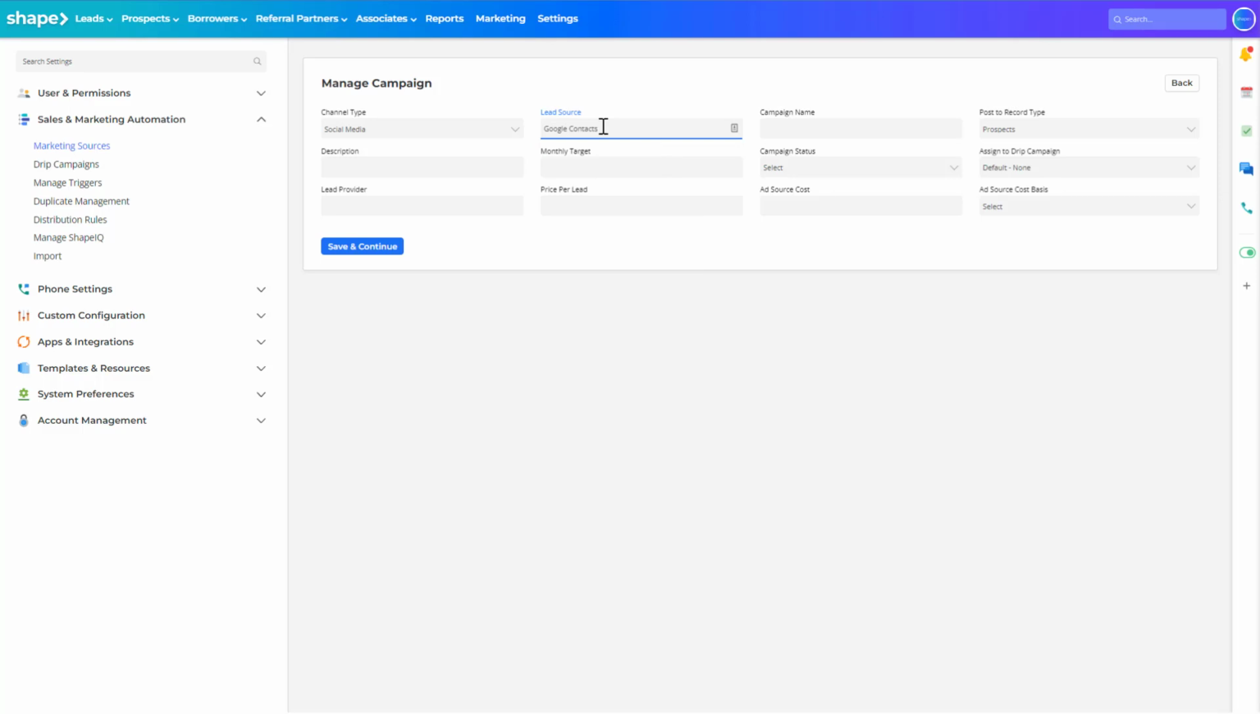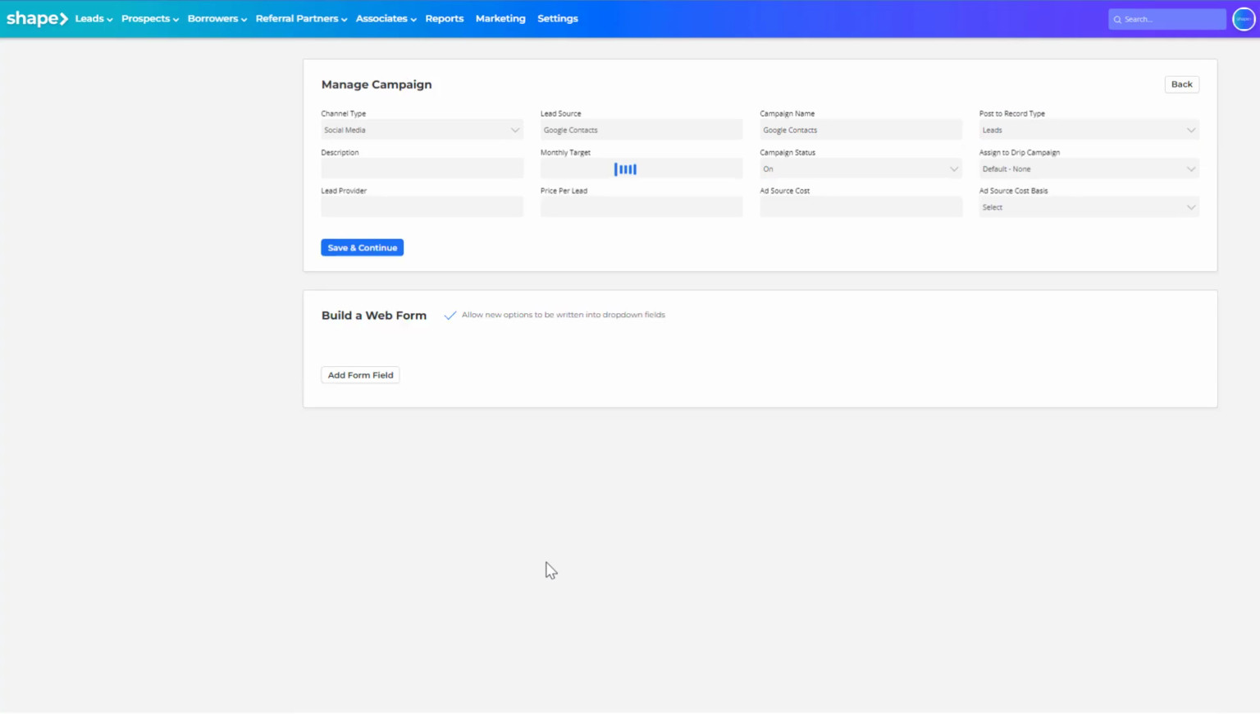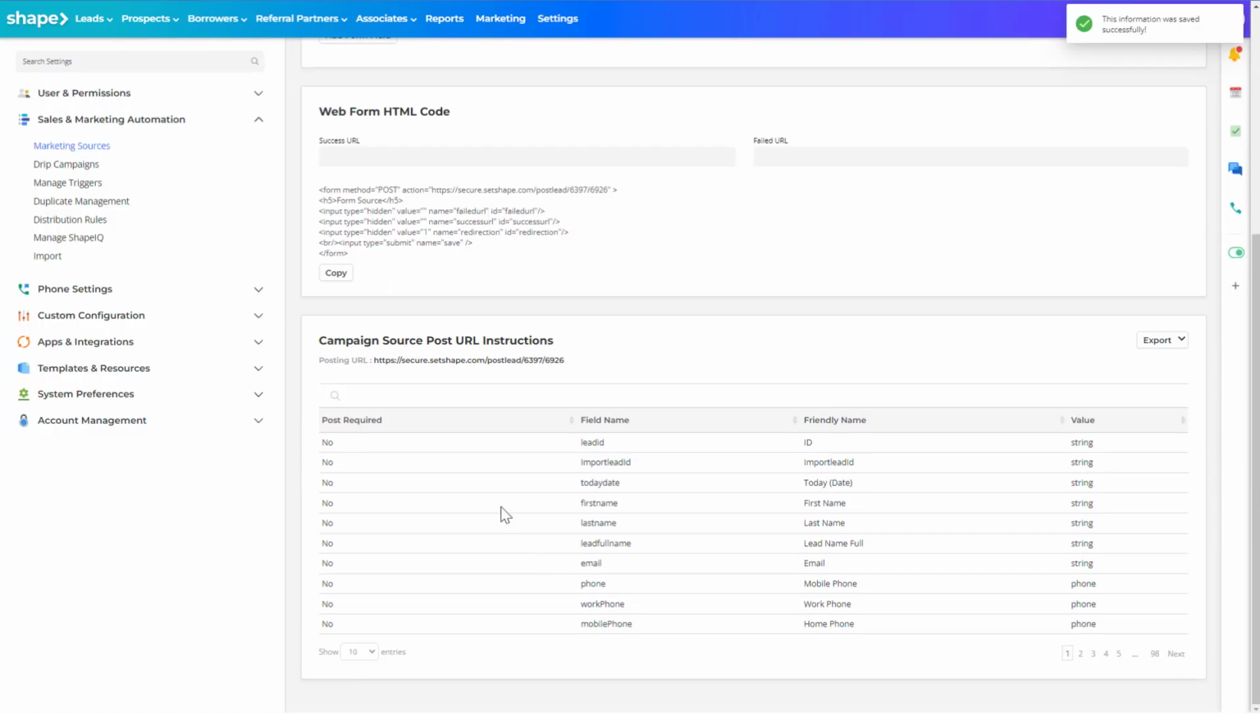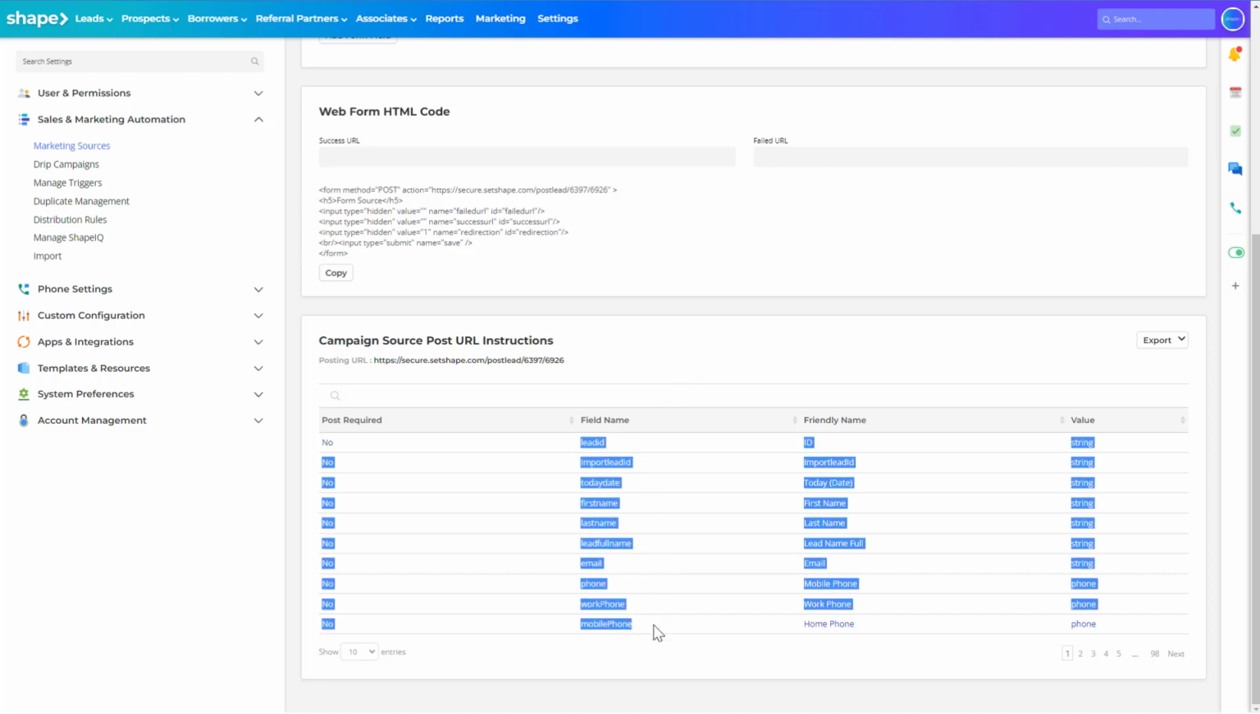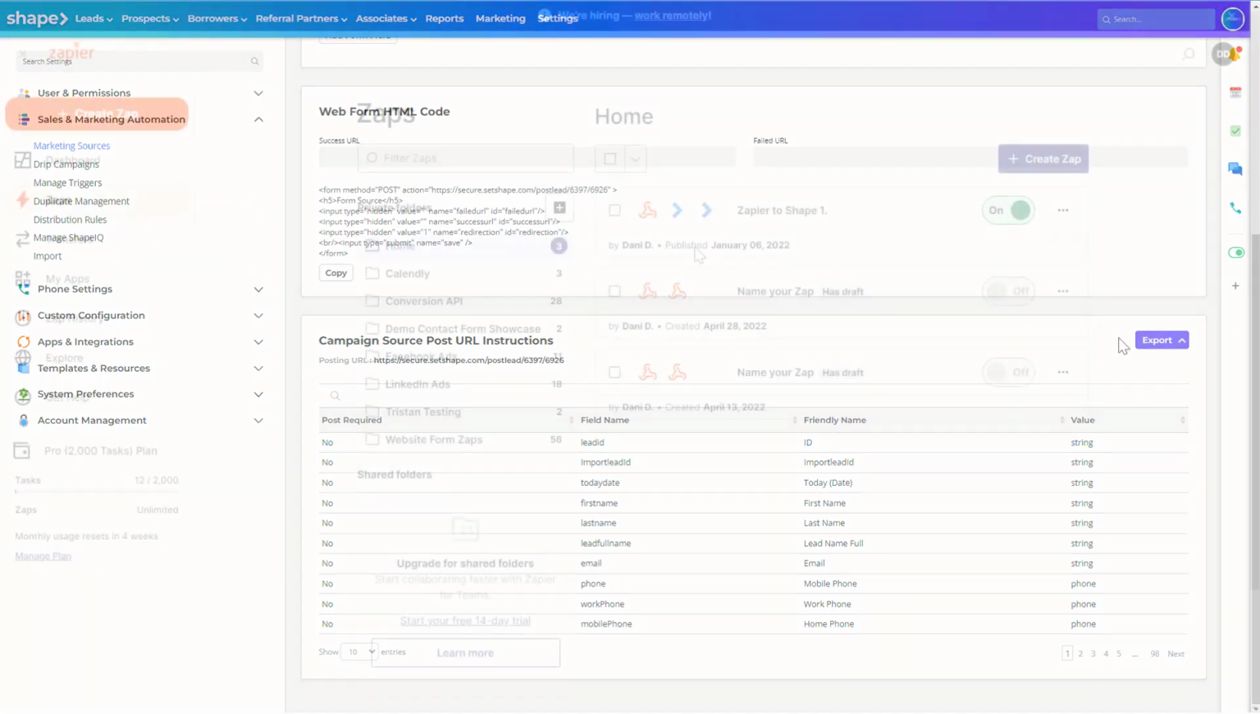After opening or creating your source, you will fill in the channel type, lead source, and the campaign name for this source. You'll also set the record type that the leads will go under and set the campaign to on. Scroll down to the bottom of this page to find the posting URL as well as the field mappings. You can think of your posting URL like an email or phone number for Shape to receive data from your